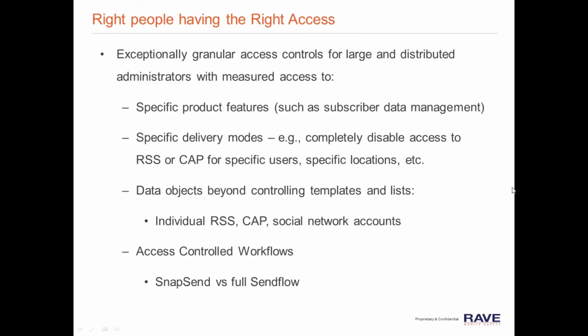But the important part of that is making sure that people have the right access to the data that they need. Our role-based access controls give you incredibly granular controls of the data that an admin has access to. They can have complete features disabled, so they might not have access to people. They might not have access to reports. That's all up to you. But they can go down to specific delivery modes, and beyond that, different channels within those delivery modes. So one admin might not need access to Facebook entirely. Another admin might want access to just the marketing Facebook page. So you'll have all of these very granular controls over different